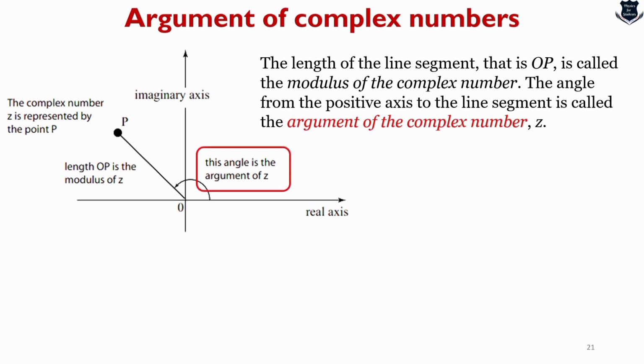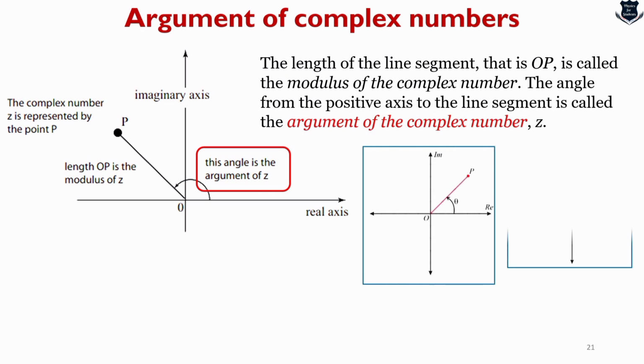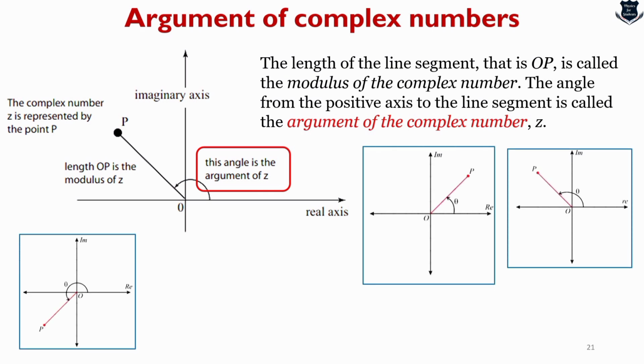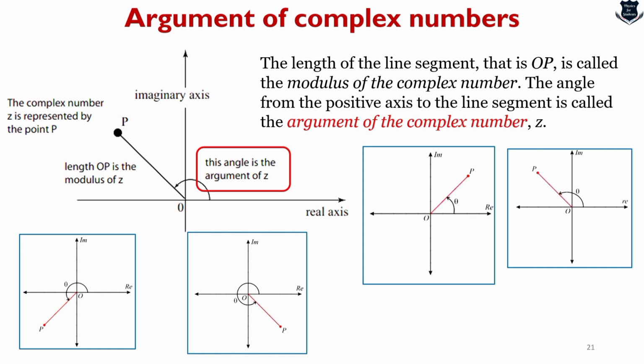So this is the angle, the argument of z, and this is the axis. These are all demonstrations of how the argument changes and the axis changes. For a complex number z equals x plus iy, we get theta equals tan inverse of y upon x. So that is how the argument is found; we will see more examples and things will become clear.